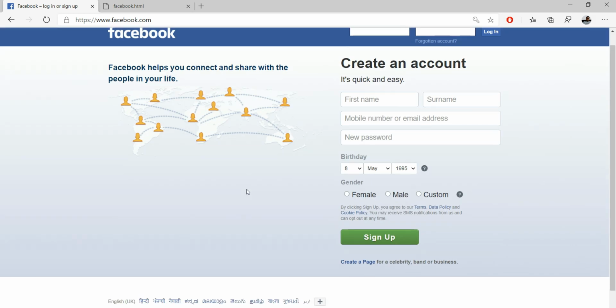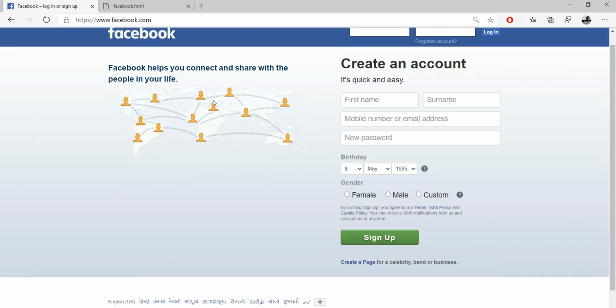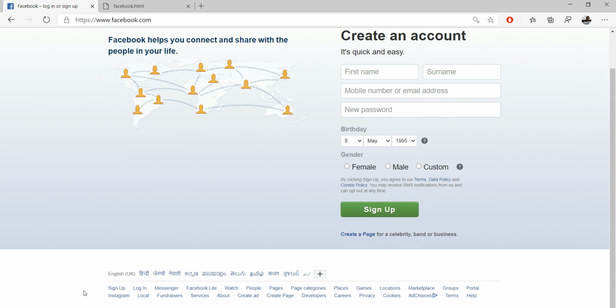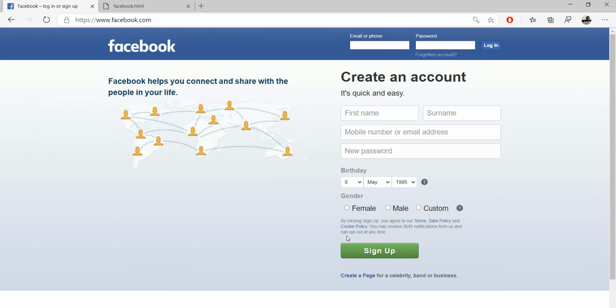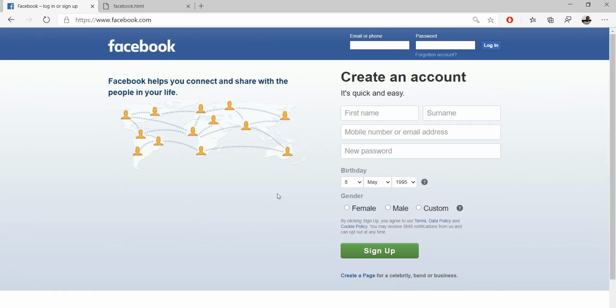Okay, so if we see this project, it's a lengthy project, so we will take this project in three parts. In the first part we will create this header section, in another part we will create this middle section, and in the third part we will create this footer section. We will eliminate JavaScript or any other scripting used over here. We will try to create this clone using only HTML and CSS.